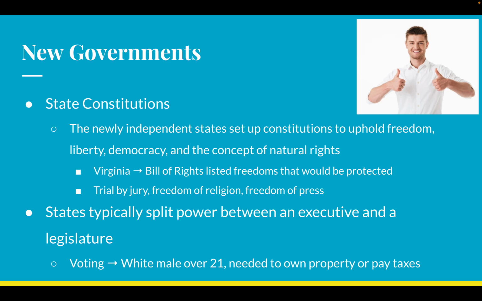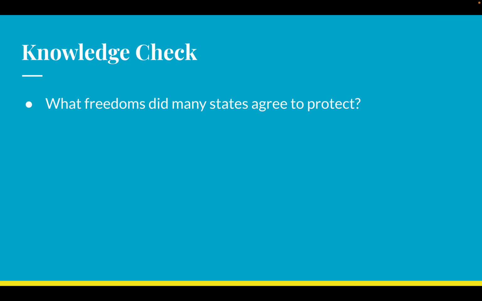Now, before the United States of America became a thing, when we were still colonies of Great Britain, the only people who could vote were white men over 21 who owned property and were Christian. We've dropped the religion requirement here. Now you just have to be a white dude over 21 years old who either owned property or paid taxes. And typically you only paid taxes if you own property. So this is still sort of a wealth requirement as well, not just your gender, your race, and your age requirements.